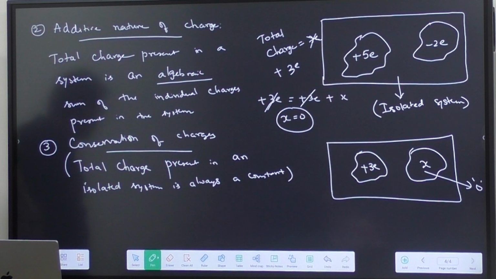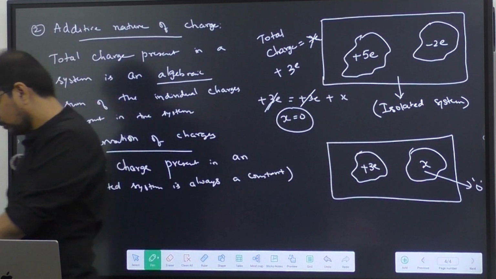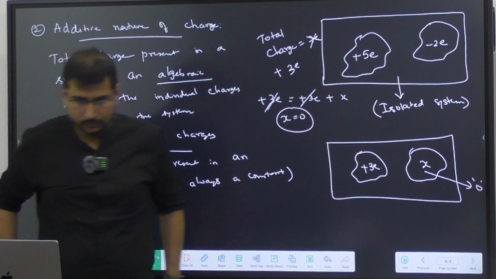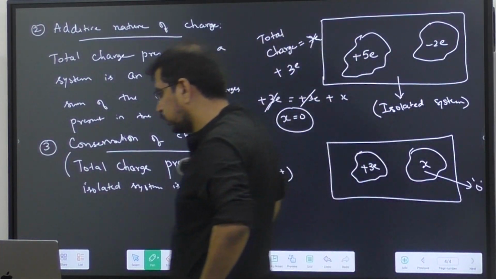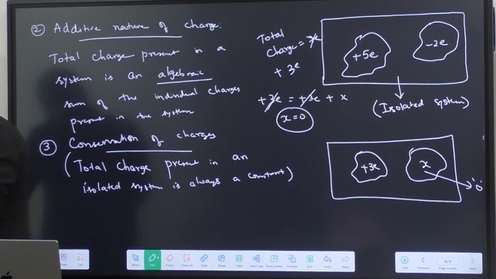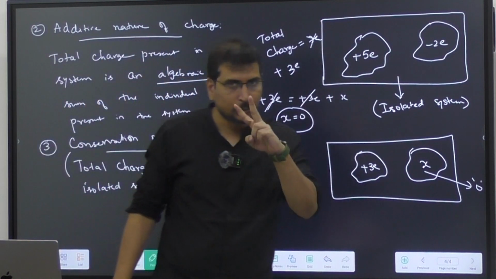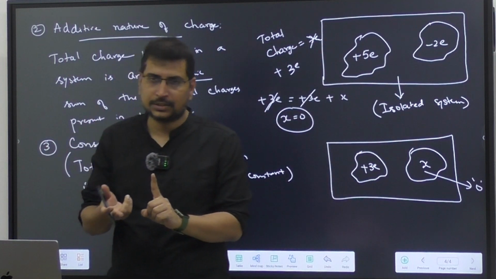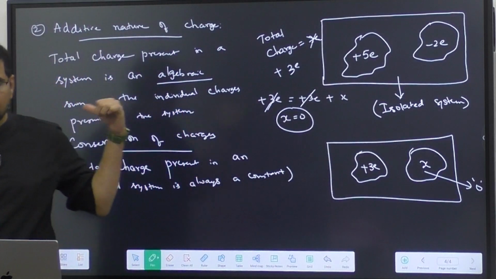I hope I'm clear, right? Okay. Shall I proceed? I told you, when I explained about charge, I told you two things. One is we need to understand how you can create the charge. Second is what are the properties exhibited by them. We saw the properties. Now the question is,